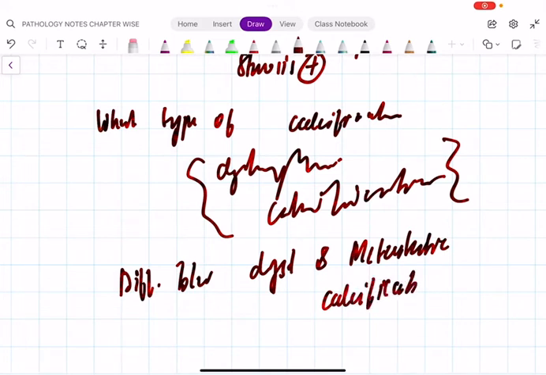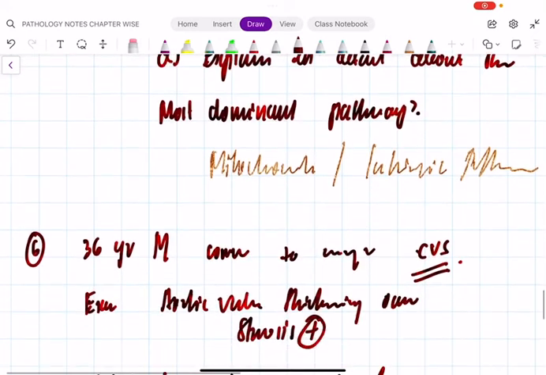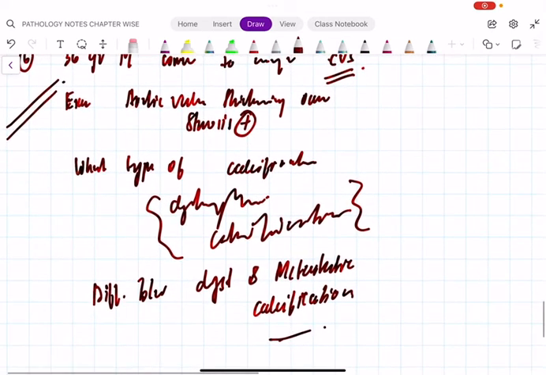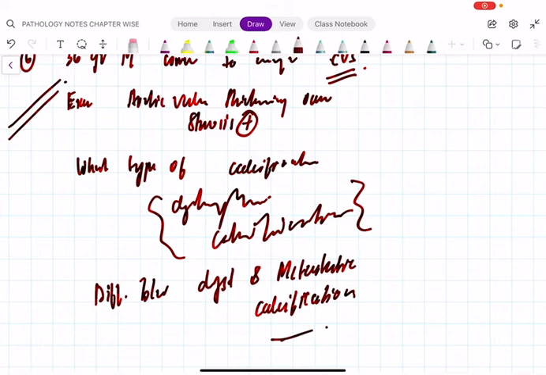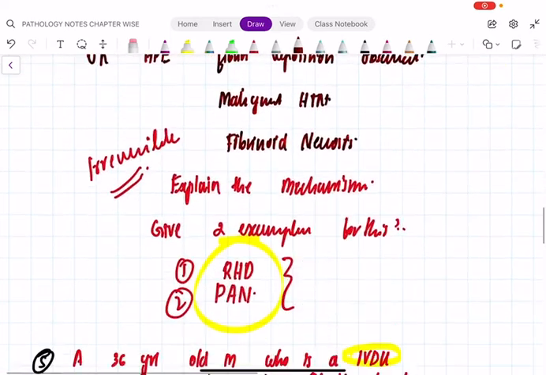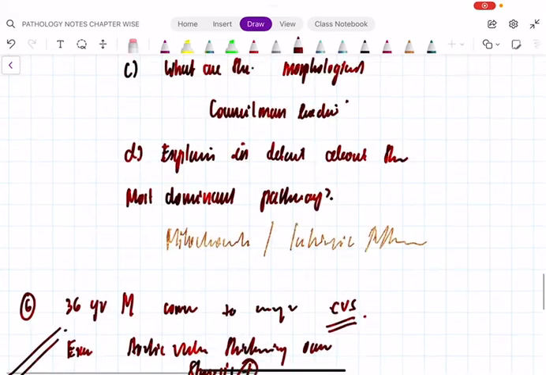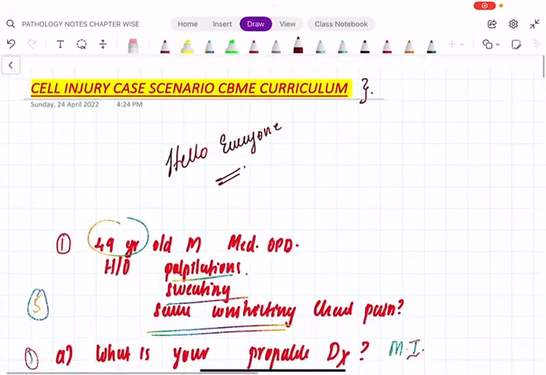Don't expect single liner questions like anatomy of fallopian tube, inguinal canal, uterus, explain uterus under the following headings. No, things have changed. So this is how they are going to ask questions. These are some of the common case scenarios. I think we have discussed around 6 case scenarios, and from these 6 only you will get as far as cell injury is concerned.